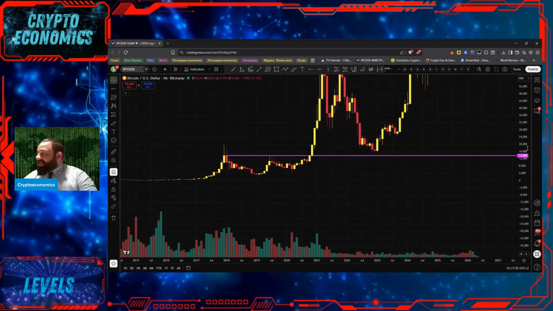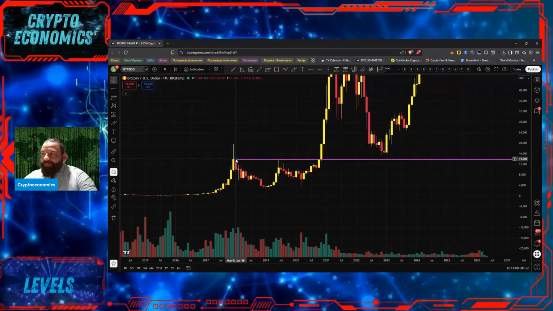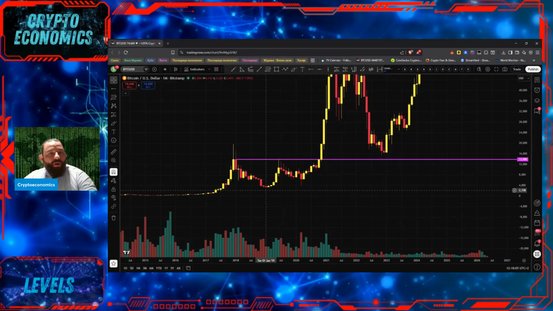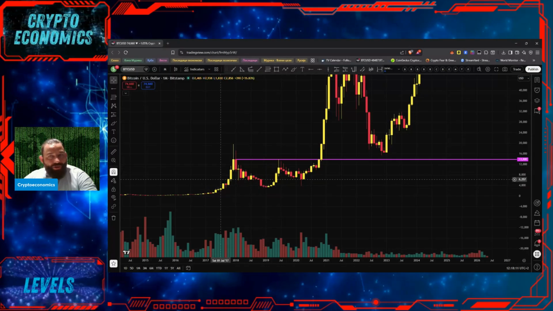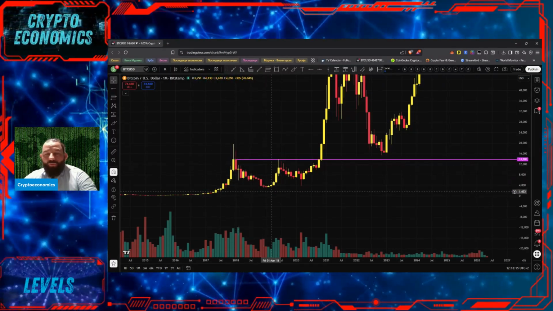Once we make this monthly level, you always put the level on the candle that started a movement in the opposite direction. So since this was the bull market, this is the first candle that starts the bear market for Bitcoin in the